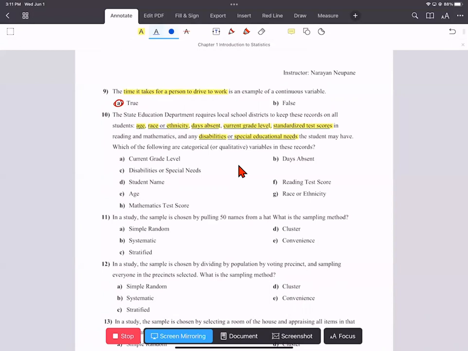Now, what we are asked to do is, which of the following are categorical or qualitative variables? We are just looking for the categorical or qualitative variables. That is, the variables that do not involve a pure number. That is the meaning of qualitative or categorical. So the first one, you can see, is current grade level. It's a number like first grade, second grade, but these numbers we don't use for pure calculation. So that's why